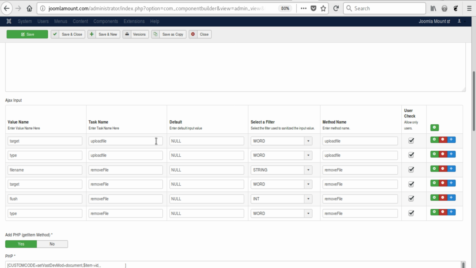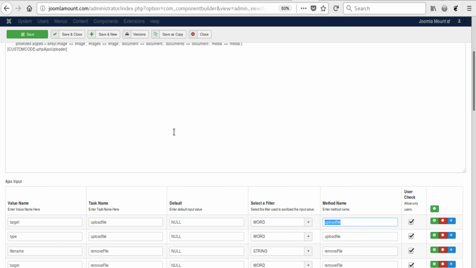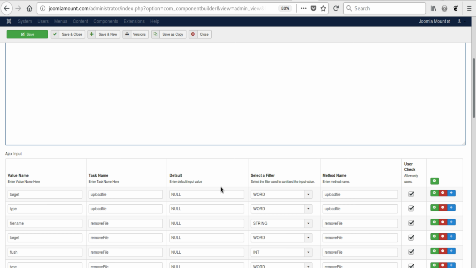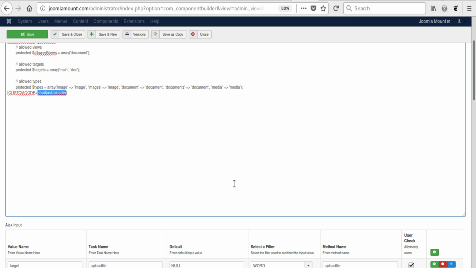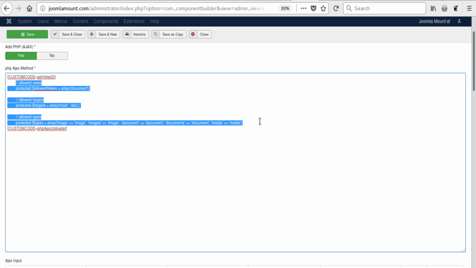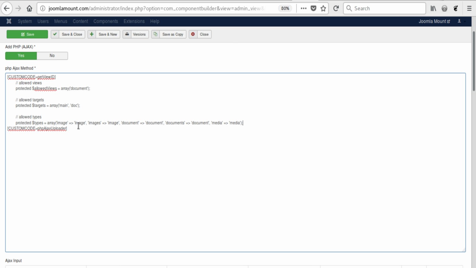So in the controller, it creates all the necessary script to make this method, which we're going to look at inside of that custom code, available to the Ajax call. There are some values that we set because every component I use this in is different. For some we're using images, documents and media as the types, and for some the targets are main and doc, and the allowed view, there's only one view in this component that is allowed to use the uploader, and that is